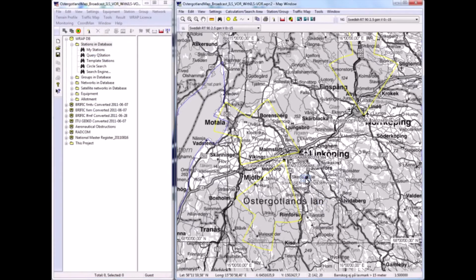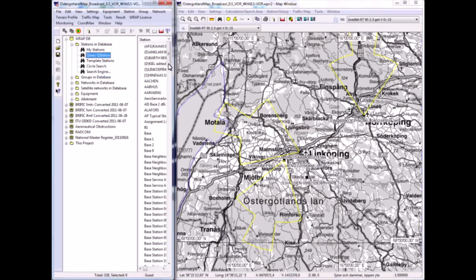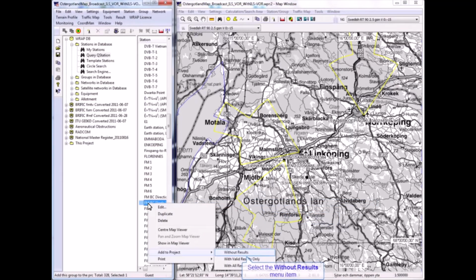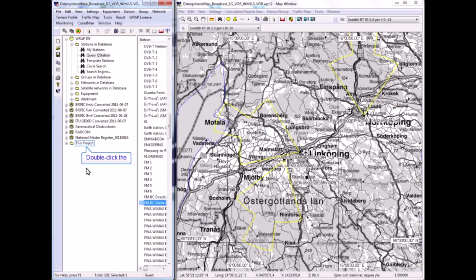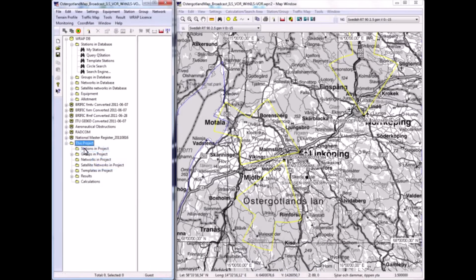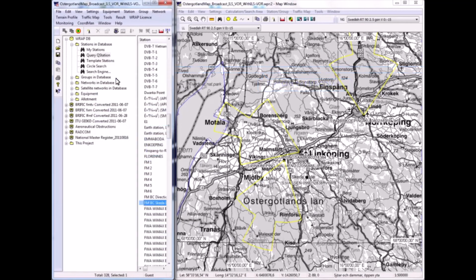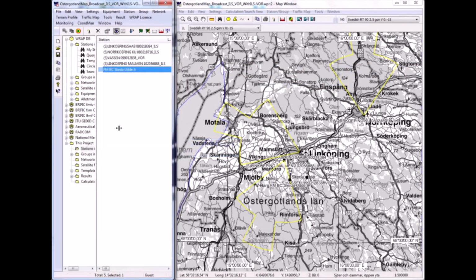and well, around there. I'll just search for it. The name is the same as the village where it's located. It is this one. Add it to the project. Now it is also included in the project. I'll just make it visible also. So there it is, the new